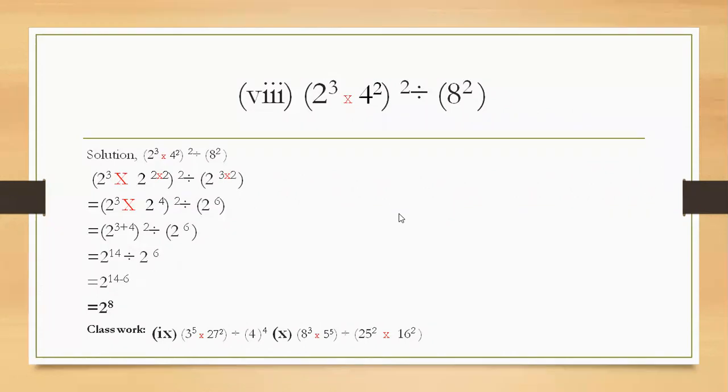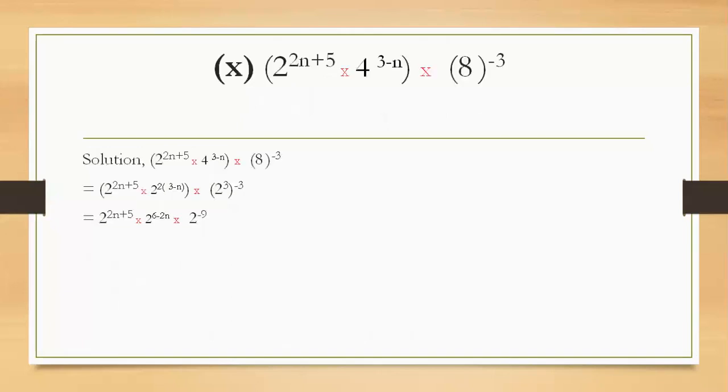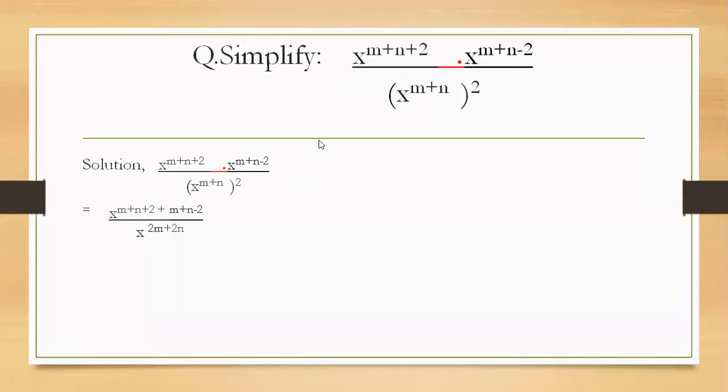In this question, we have to convert the base into the lowest one, and if there is the same base, then while multiplying we have to add the power, then the answer comes. Same thing we have to apply for these other questions also. Here also we did numerator and denominator, and while multiplying we add the power. Here power and whole power multiply. It comes like this: x to the power 0 equals 1.